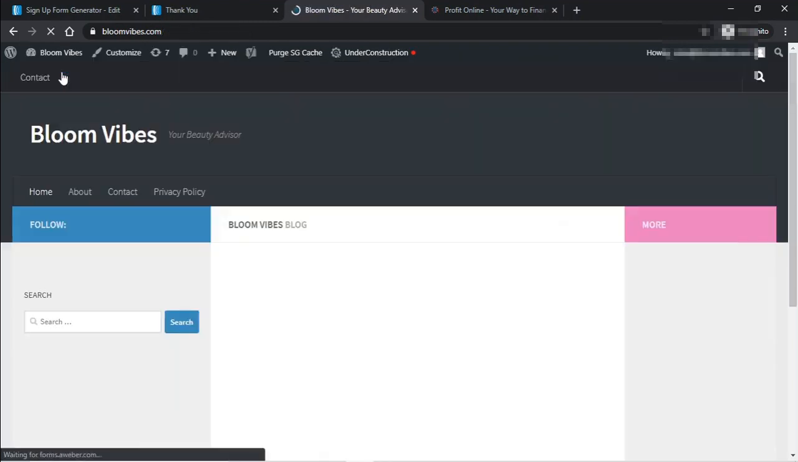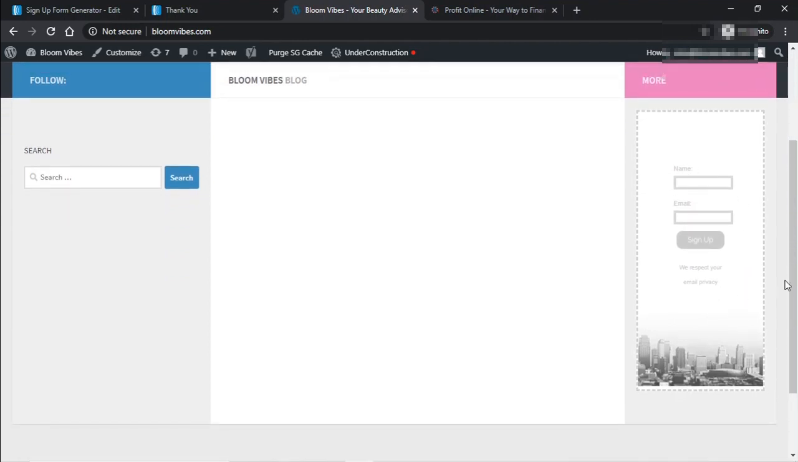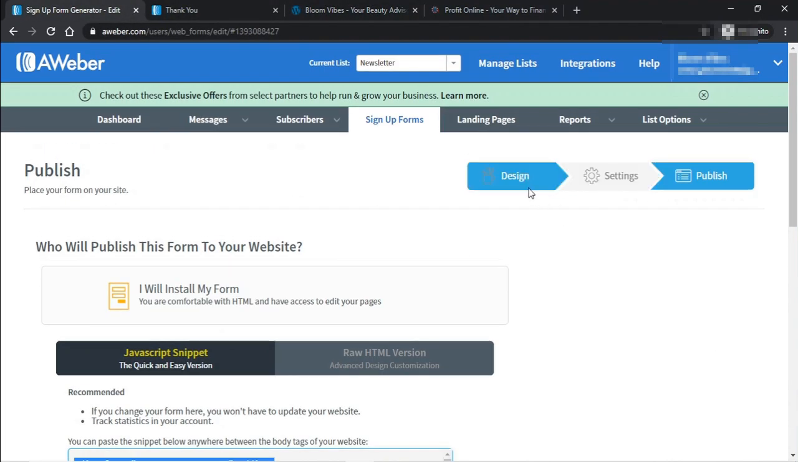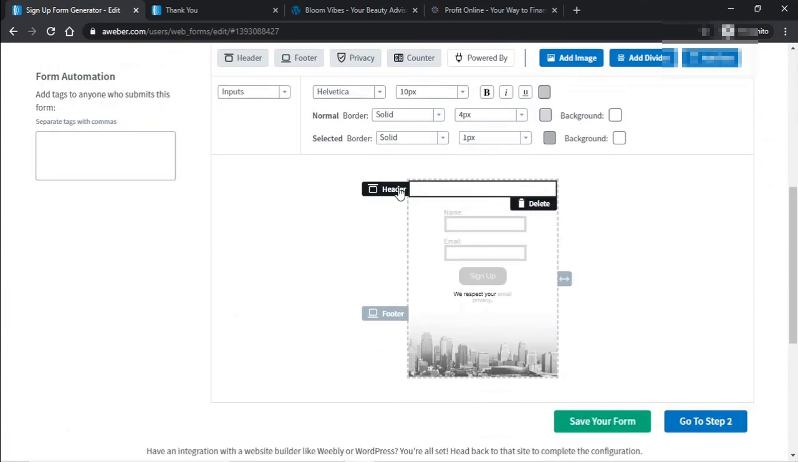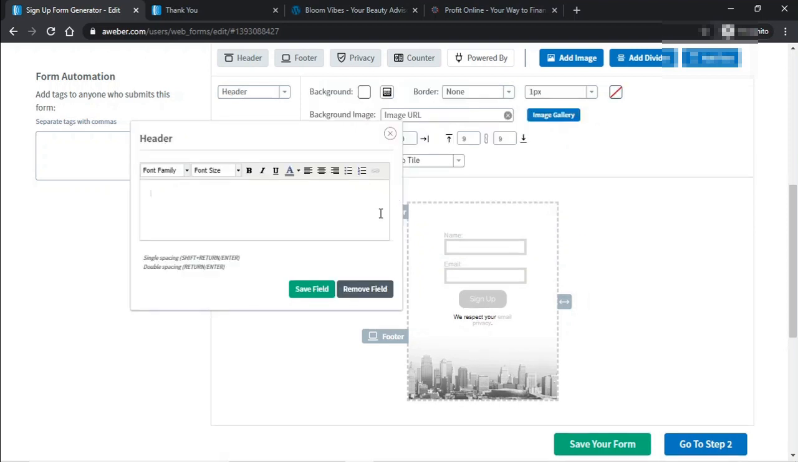Let's check how it looks on our website. Visit website, and here is how it looks. So let's do some modification on this sign-up form from Aweber itself. Go here, click on design. So let's add a header or a headline here. Join our newsletter, make it black, a bit bigger,